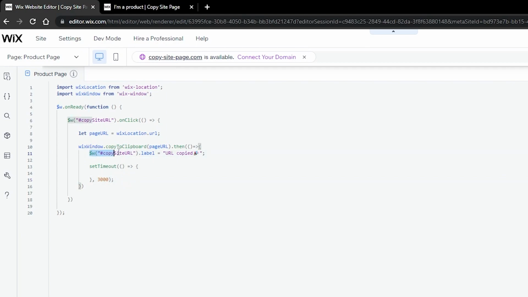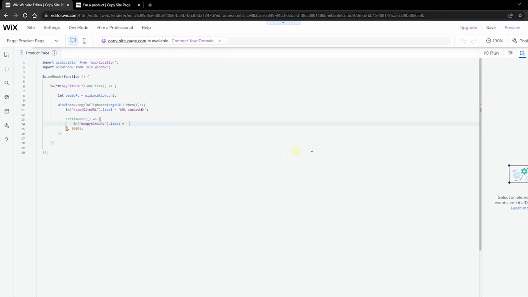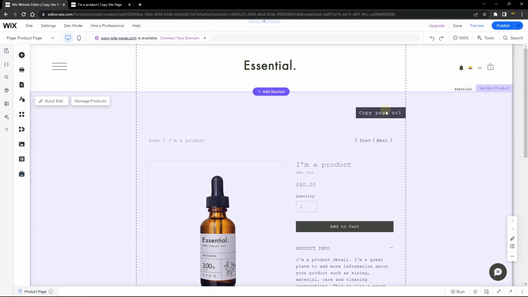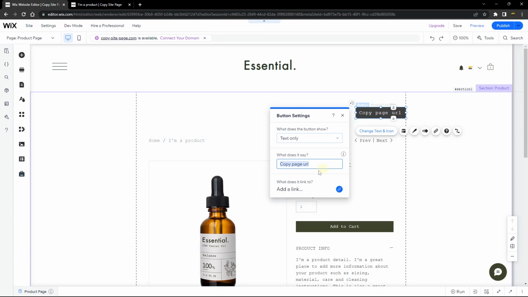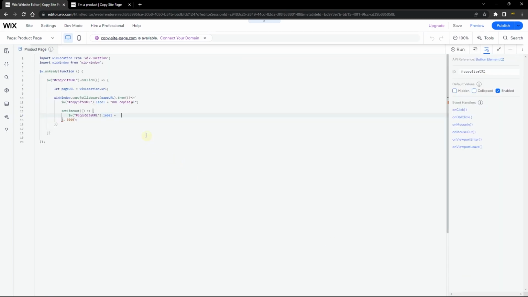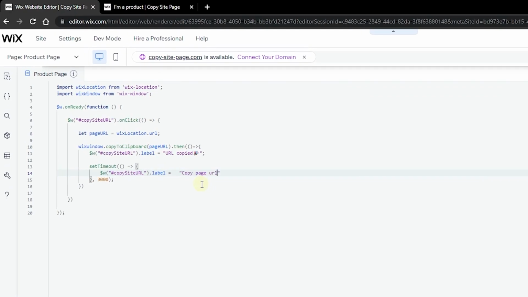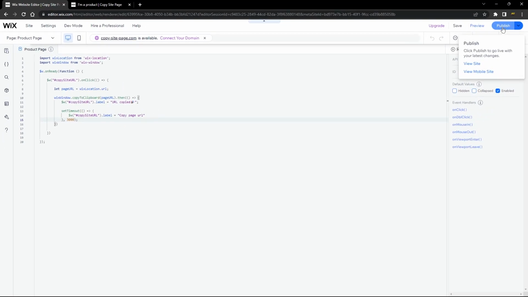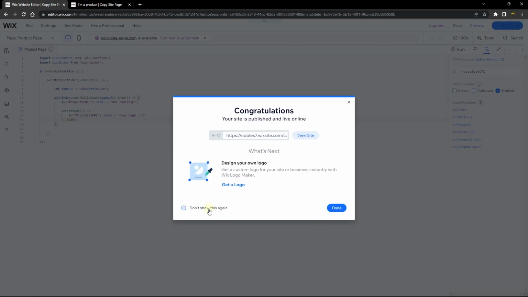And then after that, we want to be able to change the label back to what it used to be. So let's just copy this section and place it here. And then next, let's just go ahead and copy what the default is. So copy this placeholder or label here, and then let's bring it back to our code and place it there. Now this is going to change it back to copy page URL after a few seconds. So let's go ahead and publish this page, and then let's also test it out in a